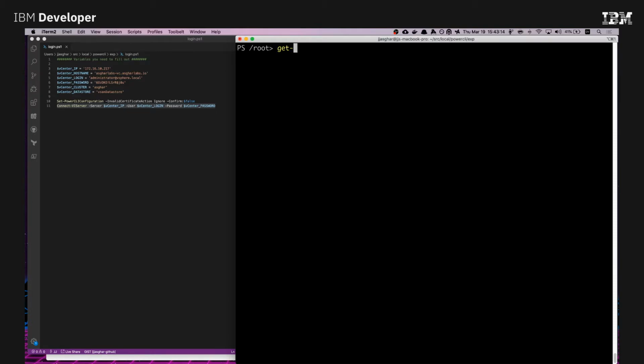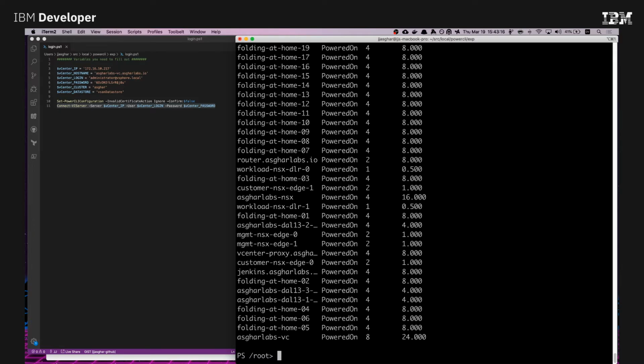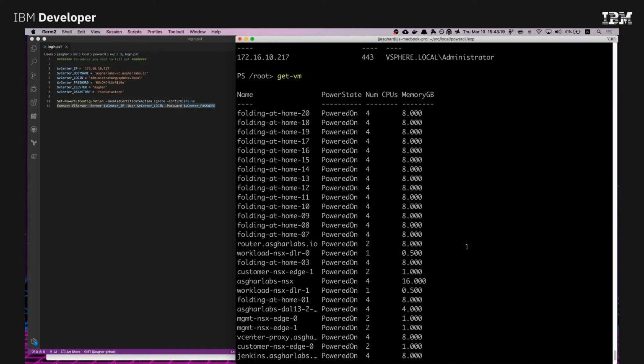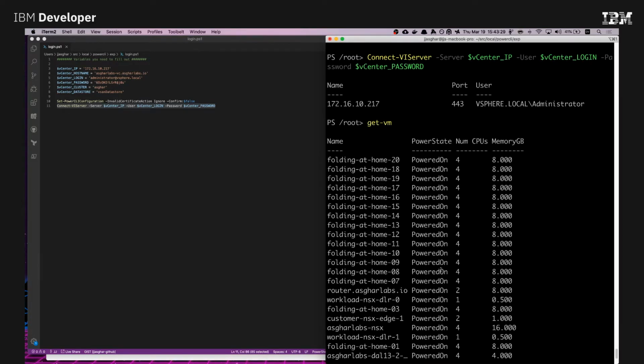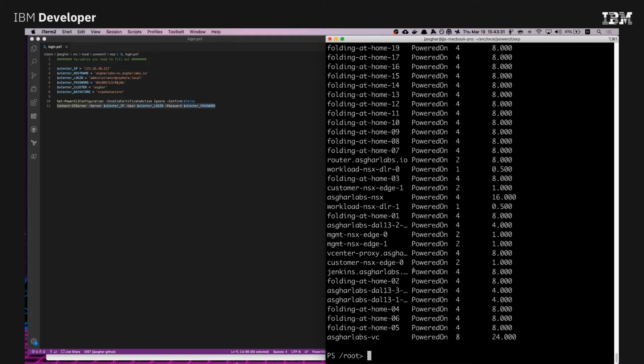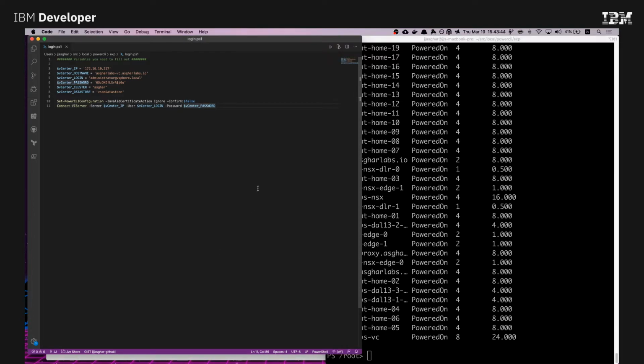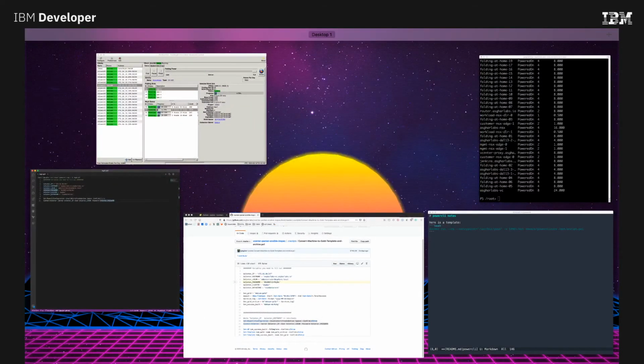So then I can do Get-VM, and as you'll see, there are all our VMs here. This is not what I expected. So hang on. There we go. So now we can see 1 through 20. And I can actually delete or destroy, or I can actually set VM stats, so I can actually turn things on and off here. So what I can do, because this is just our login script, if I needed to,